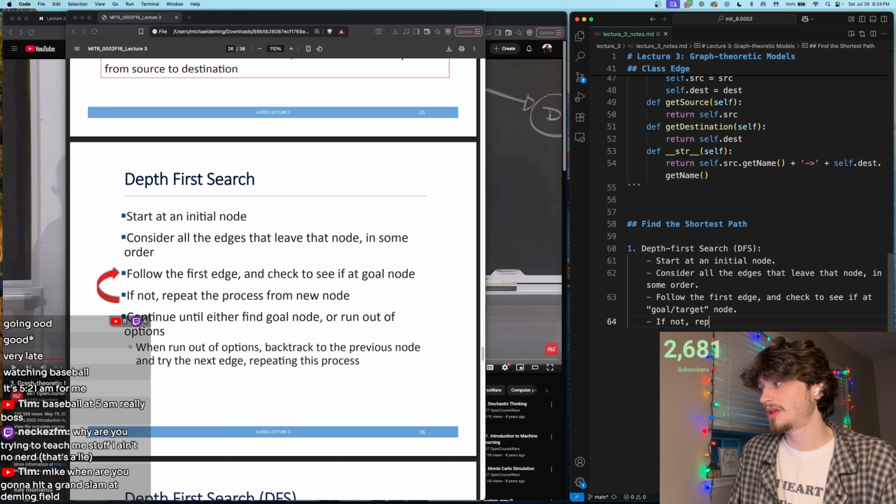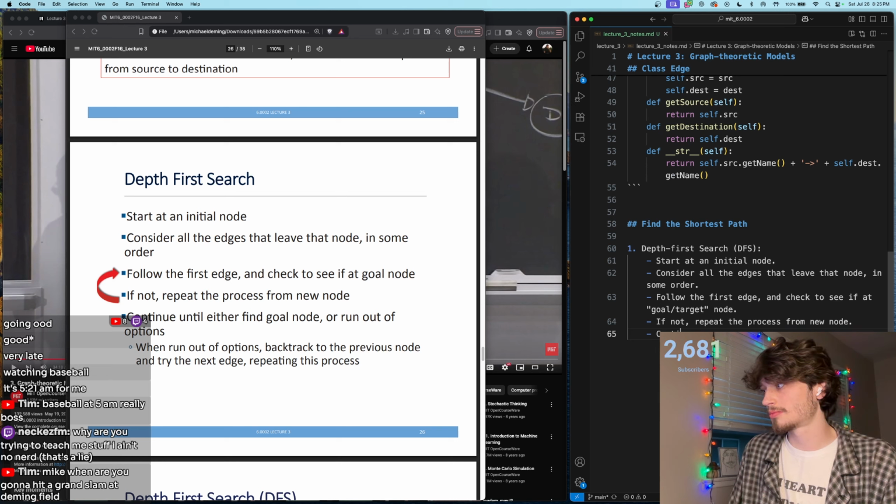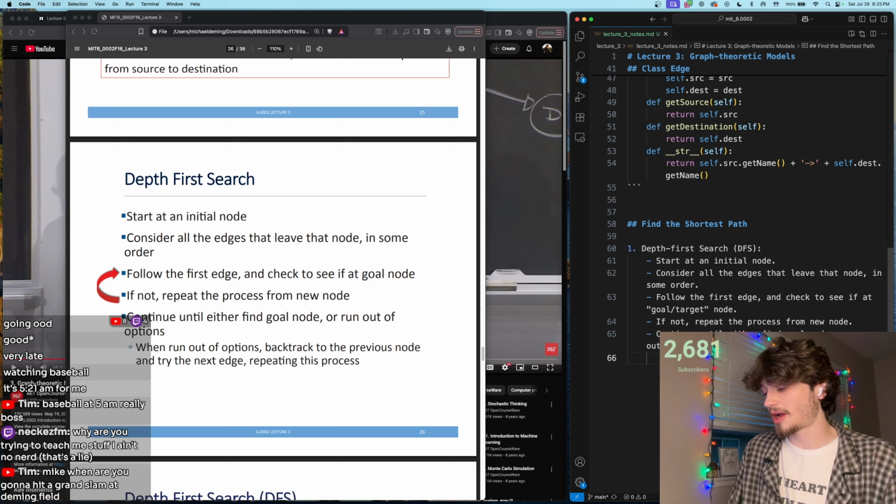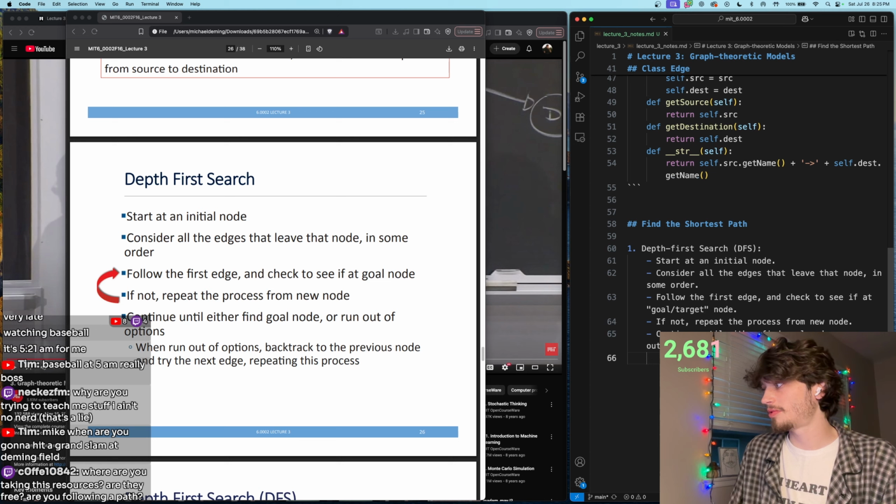If not, repeat the process from the new node, and continue until you either find the goal node or run out of options. When you run out of options, backtrack to the previous node and try the next edge,